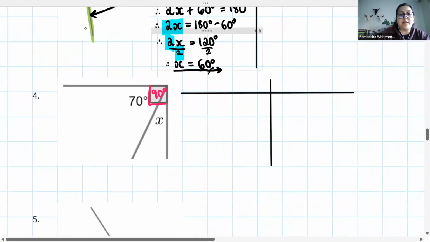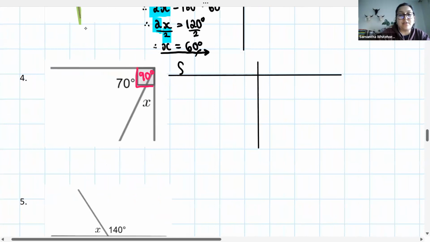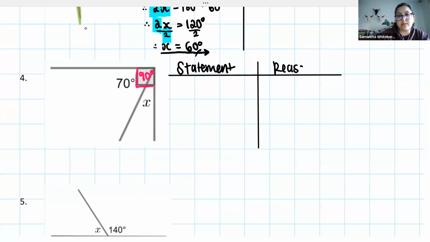What we've been given is that these angles have to add up to 90 degrees. And the second we've got adjacent angles adding up to 90 degrees, we have that complementary reason. So we know that x plus 70 must give me 90. And my reason here, quite simply,